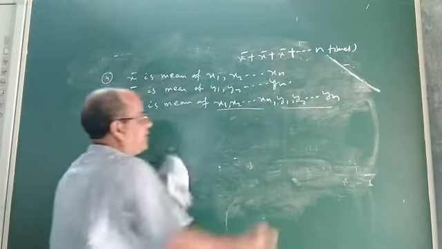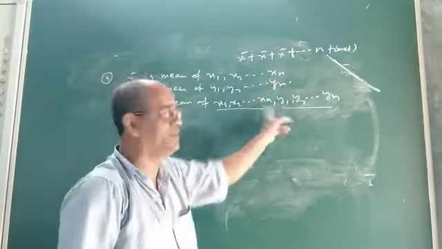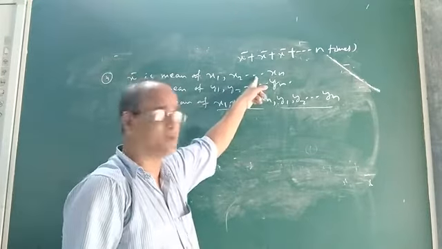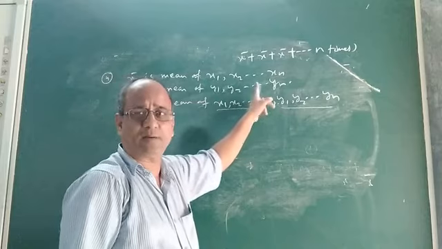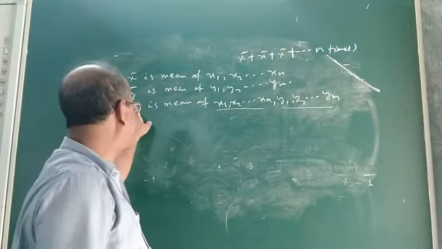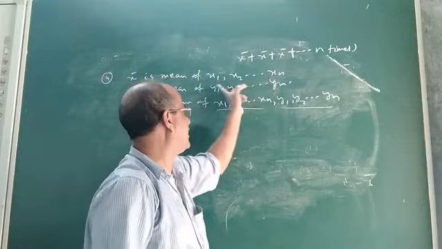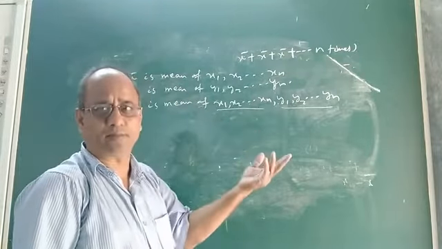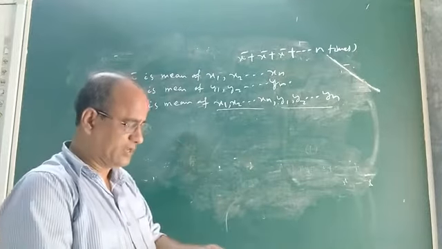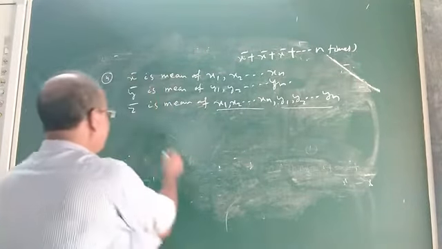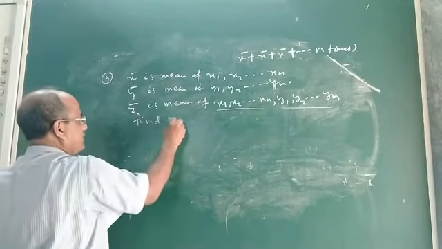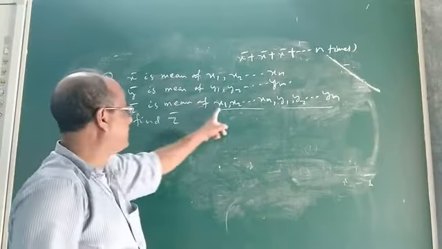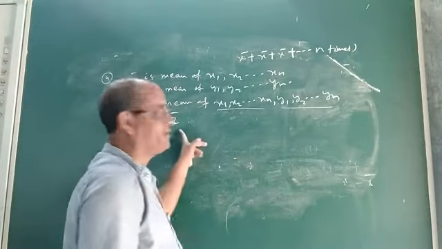That means z bar is the mean of how many observations? Total observations will be n plus n, 2n, because x bar is the mean of n number of observations and y bar is the mean of another set of n number of observations. And it is given that z bar is the mean of all these n observations and all these n observations. That means 2n number of observations. Then what is the question? The question is, find the value of z bar. How to find z bar?